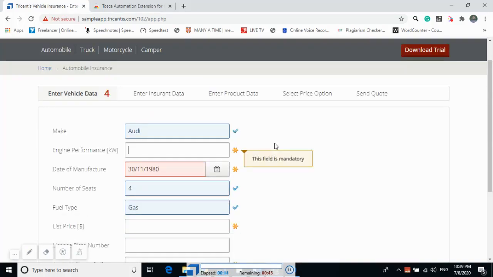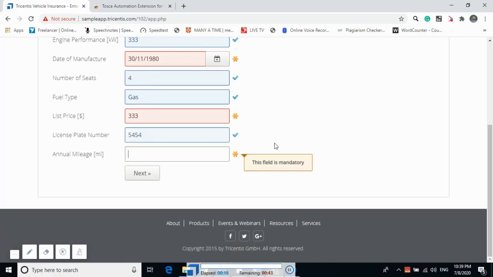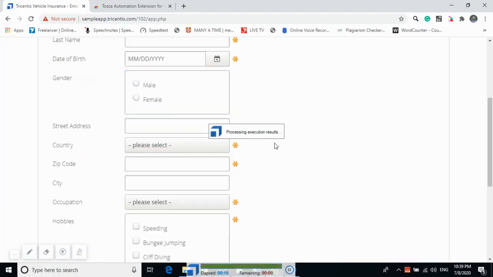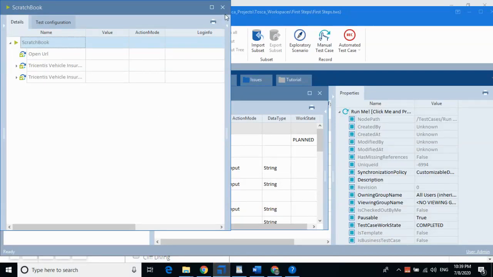You see I selected Audi. You can see everything I did. It clicked on next and it clicked on everything. All the steps which I did are reflected here, and after clicking on next I was directed to this page, which is again appearing, and now you can see the result.